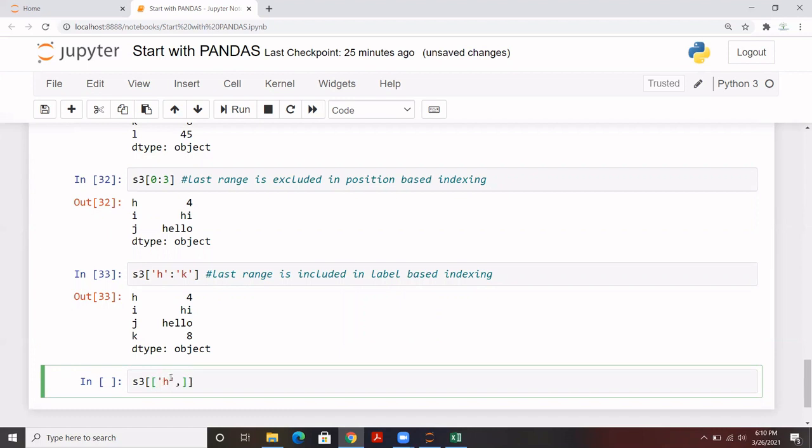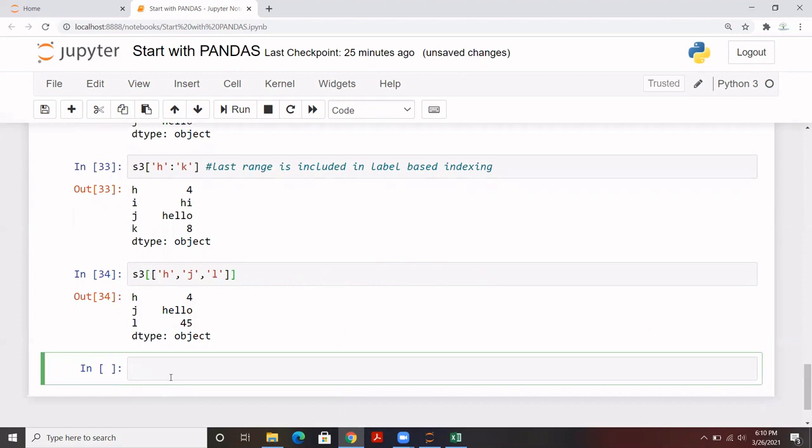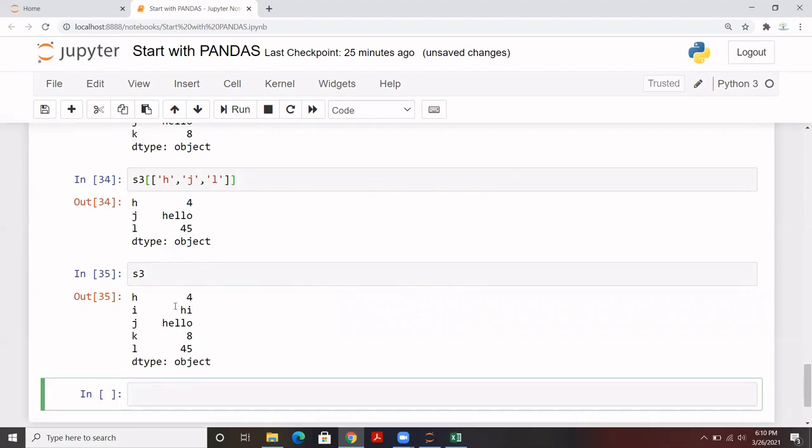Let's say I want to extract H, then J, and then, for example, K, or let's say L. So you'll be writing like this, and here it is. You see that H is there, J is there, and L is there. Let me call S3 here as well so that you can validate the output. You see that H is there, J is there, K I have not included, and then L is there.